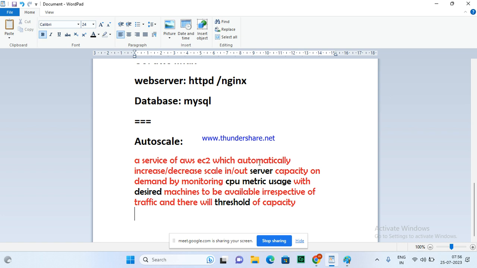The key words I have highlighted: automatically scale in, scale out, plus or minus servers when clients approach. The servers will automatically be plus or minus.